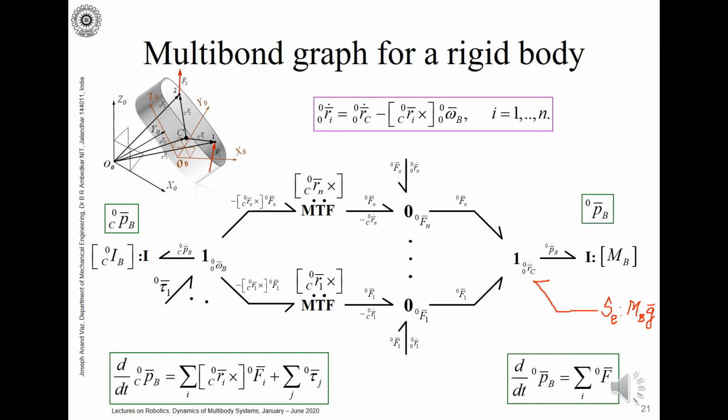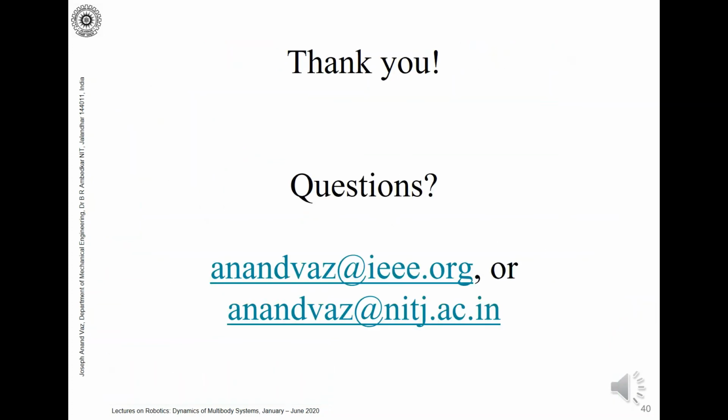So this will act here. So you will have the rate of change of the momentum being also caused additionally due to this weight of the body. So this is as far as the formulation of the rigid body, both the translation